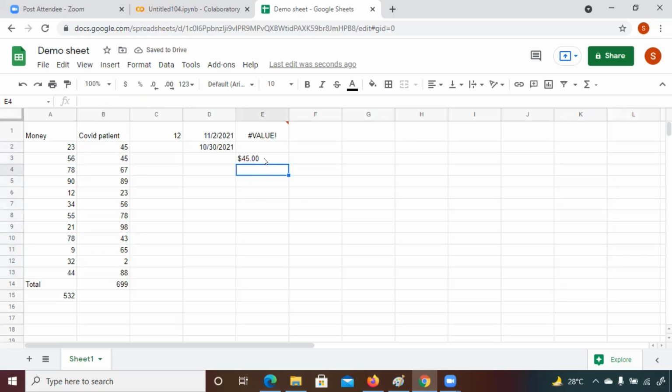So we are getting $45, right? Now we are getting it correct. I don't know why it's not coming here. Let me try once again. TEXT, then here I am taking A2 to A13. And let me take $74.00.